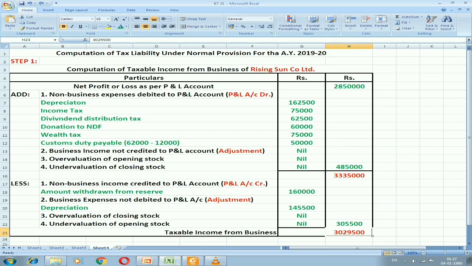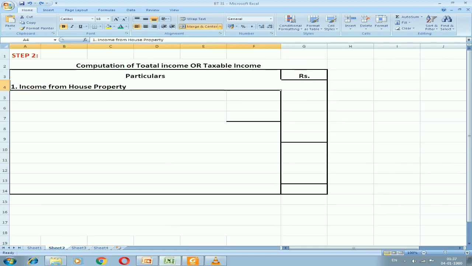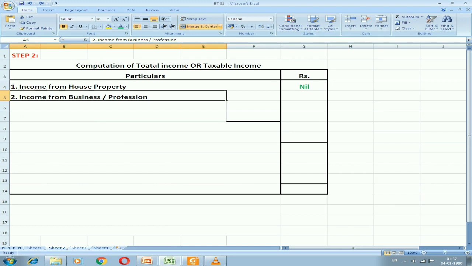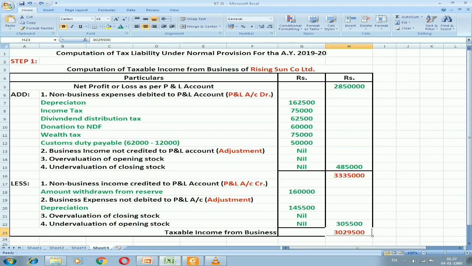As you can see, first one is we don't have any income under that except amount withdrawn from reserve. So house property income will be nil. Second one is income from business or profession. For this, we need to take the total of the first step, that is the taxable income from business, that